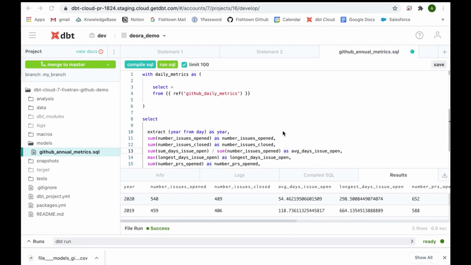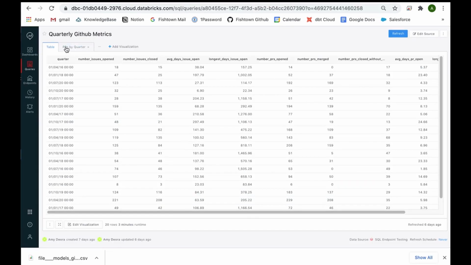So now that I've got all my data transformed into a usable state and it's sitting on Delta Lake, anyone in my business can access these data and these models so that they can develop visualizations and dashboards and metrics and things like this. So here on the new Databricks SQL Analytics workspace, I can see these quarterly GitHub metrics.